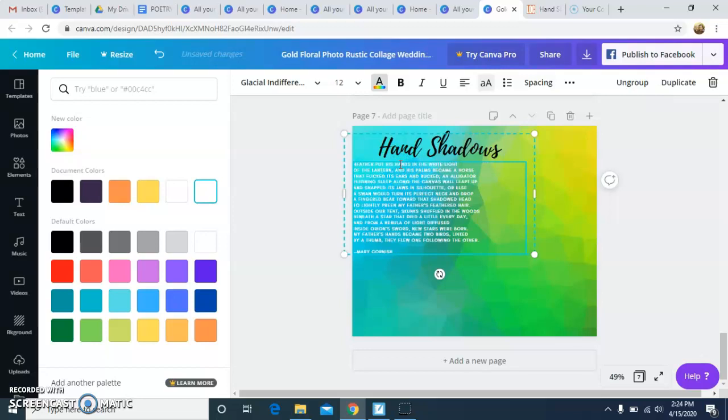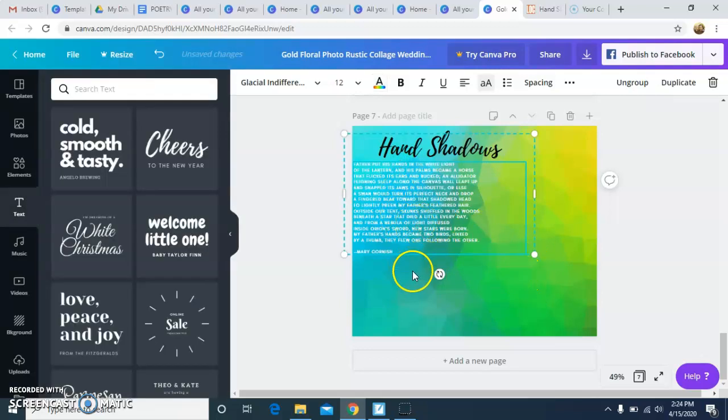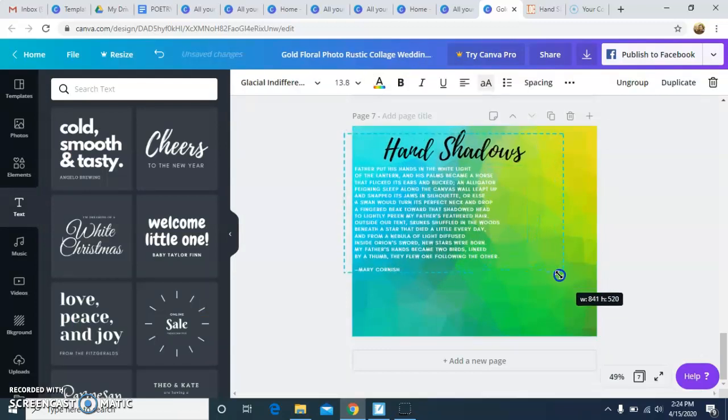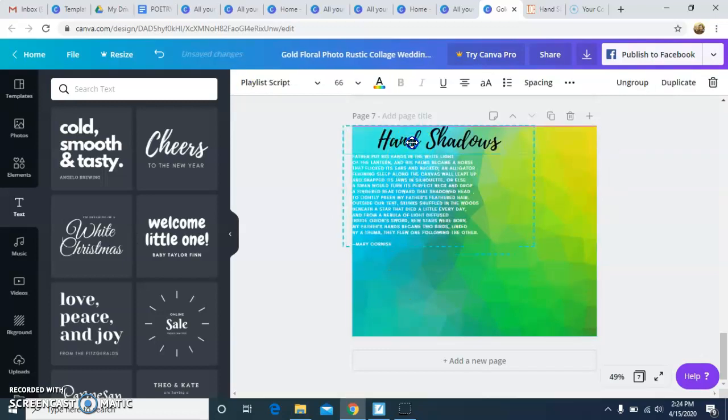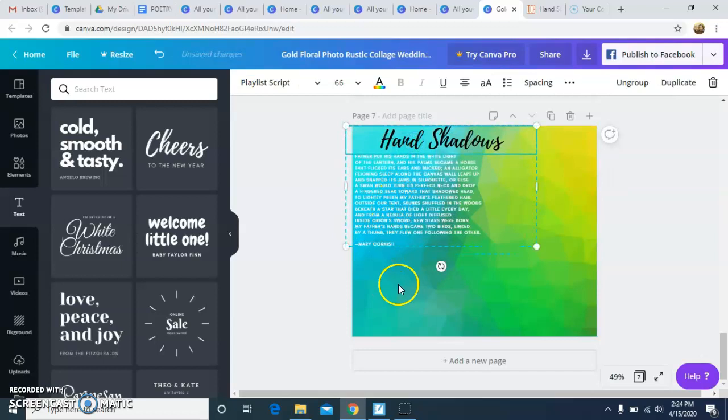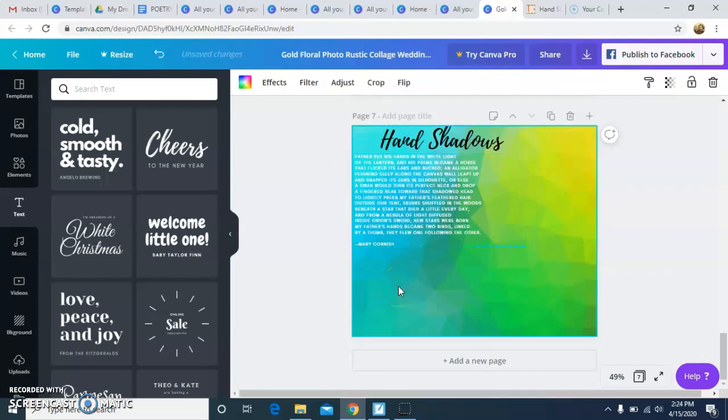I'm deleting the title right there in case you're wondering what I'm doing. Okay, I can always go back, and I can always make this bigger, right, by dragging it. Okay, but I'm going to leave it right there. That's a good size. All right, now I need to decide where do I want to put my